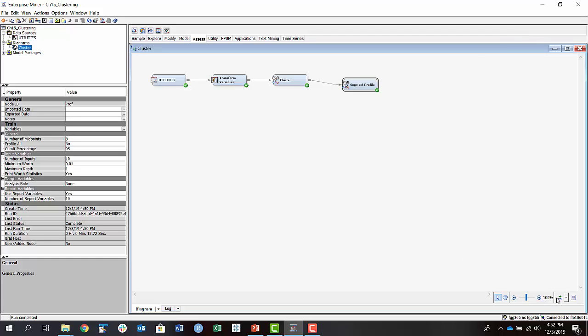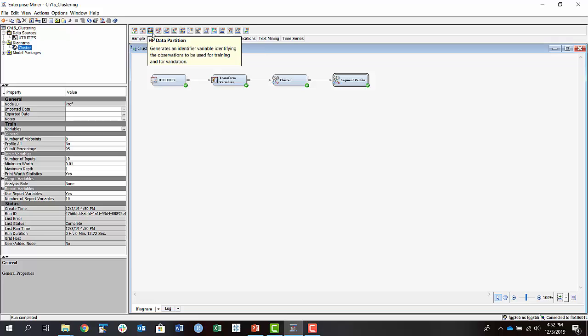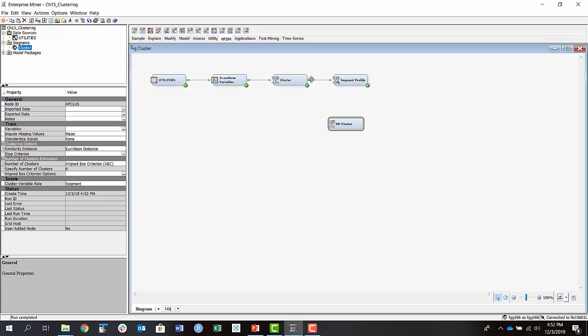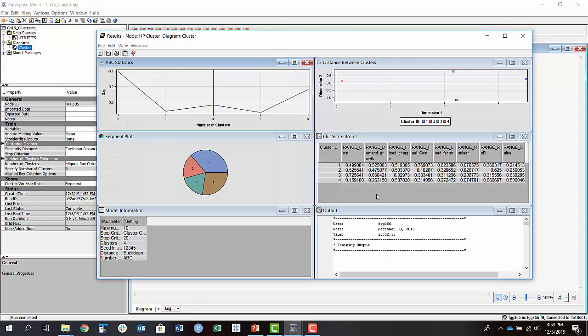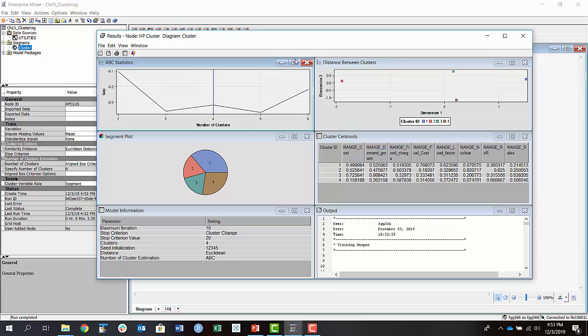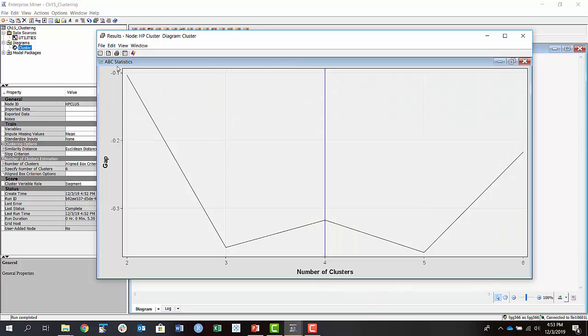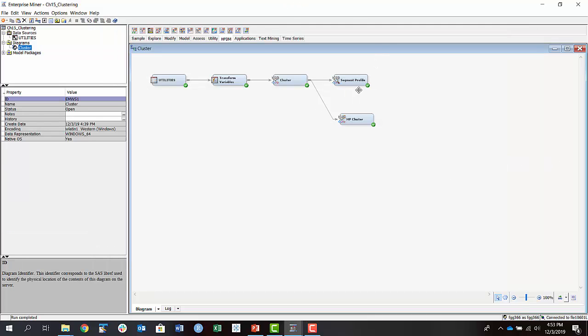There is one more node that you can use for clustering, that is in High Performance Data Mining, and that is HP Cluster. So if you do HP Cluster and run that, and it again uses search. Okay, so it gives you what is called the ABC statistic, and the ABC statistic is a ratio between the